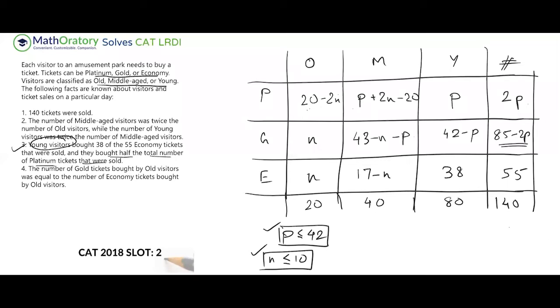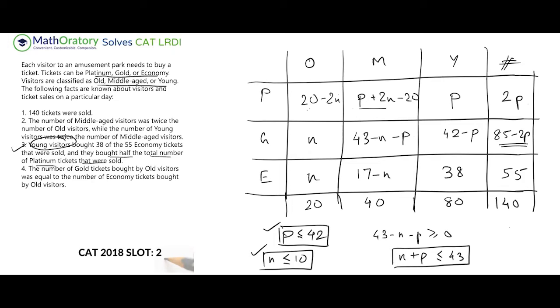Now, these are the two things that we have. What I'm going to additionally check is this region. Now, if you focus on this region, we have 43 minus n minus p, which also has to be non-negative, telling us n plus p must be less than equal to 43, right? So I'll keep a mark for this, because the two things that we obtained as of now are ranges of n individually and p individually. But this region is telling us that n plus p also has a bit of restriction.